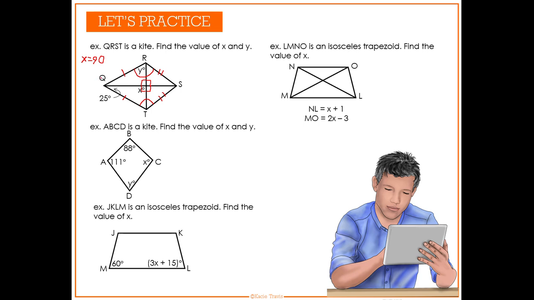Now, because we know that X is a 90-degree angle, I need to start working on figuring out what this is. So let's talk about what these two things are. I know that this angle here and this angle here are both congruent. So let's figure out what this one is over here, because it's going to match up with this one over here. Inside of this shape, we've got one of our old school friends from way back at the beginning of the year, and it is a